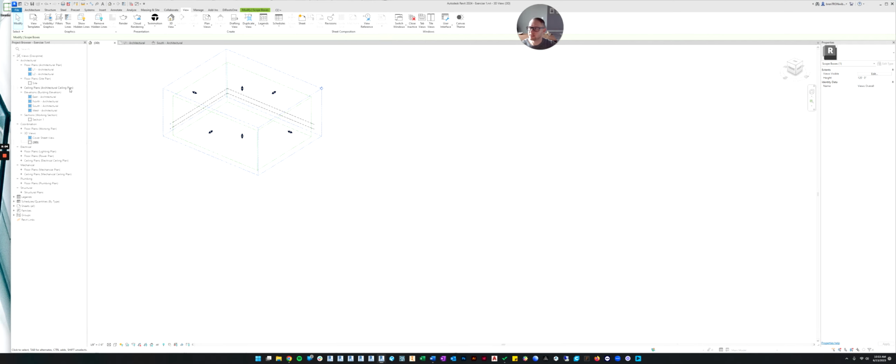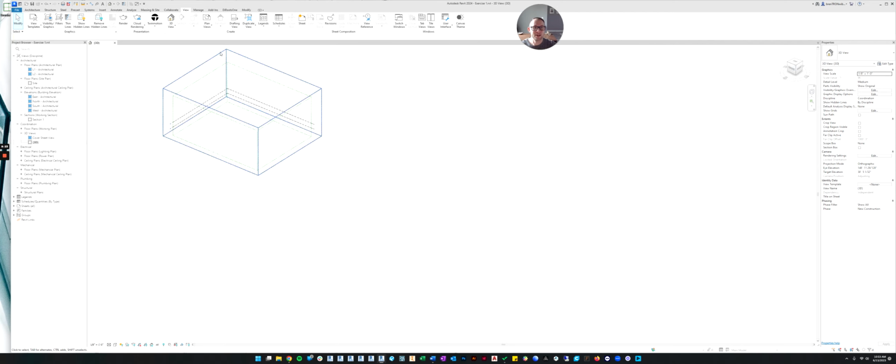And then the other thing is if you have a bunch of views that you've opened, and they're running across the whole thing and you don't want to close them one by one, there is a Close Inactive Tabs command. So you pick the one you want to keep. So let's keep our 3D view. And if you hit Close Inactive Tabs, you see how it closed all the other tabs. So if you had 20 tabs open, you could close them all by hitting Close Inactive Tabs. That will help speed up your computer.